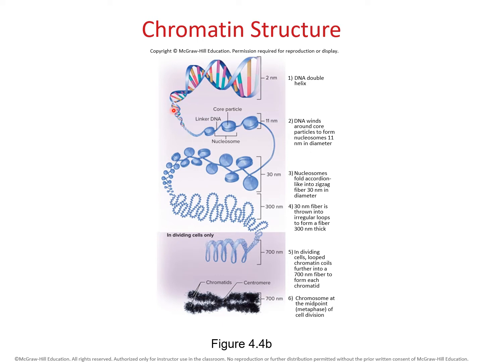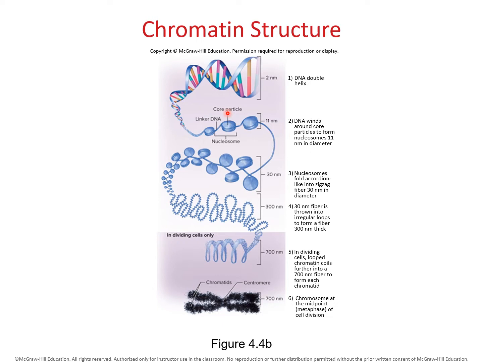That's going to start coiling more and more and more. And then what ends up happening is that this DNA molecule will actually wrap around something called a core particle. What is a core particle? A core particle is made of